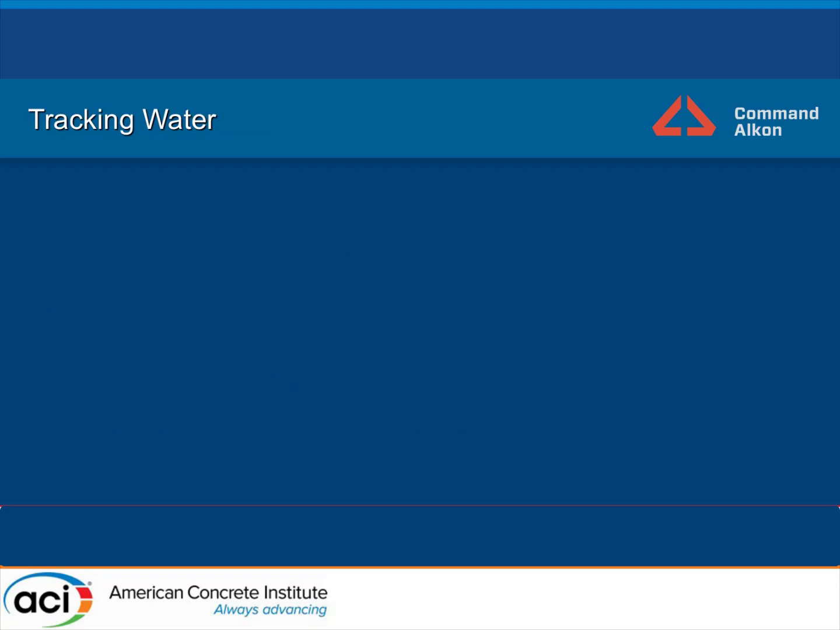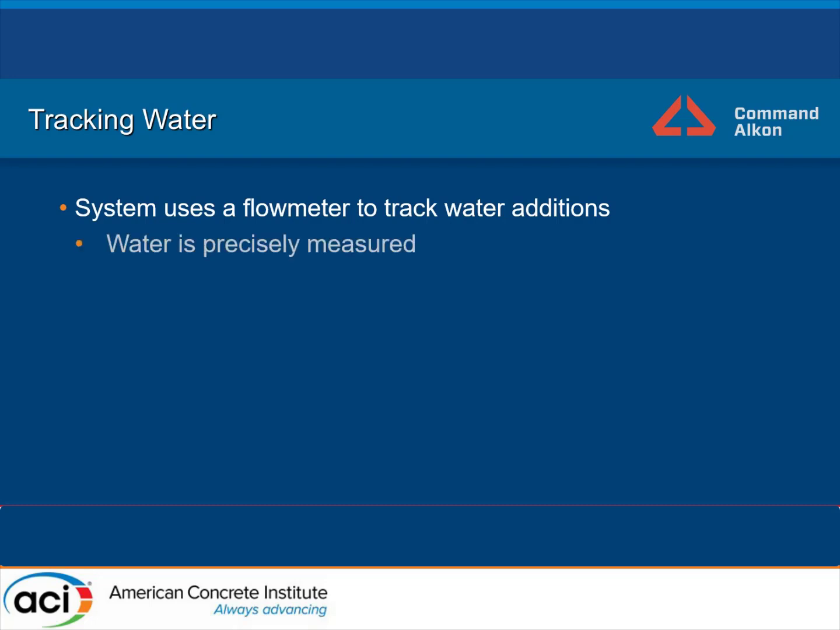Tracking water. I think this is probably the thing everybody knows. That's really important. And the system uses a flow meter to track water additions wherever they're at. And water is precisely measured. This is really important to the legal liability aspect of being a ready mix producer, because I can't tell you how many times I've gotten into pissing matches with a contractor over who was responsible for adding the water. In the past, we had to